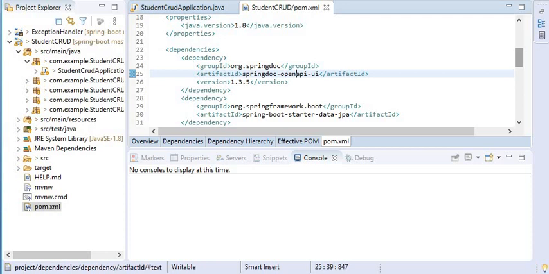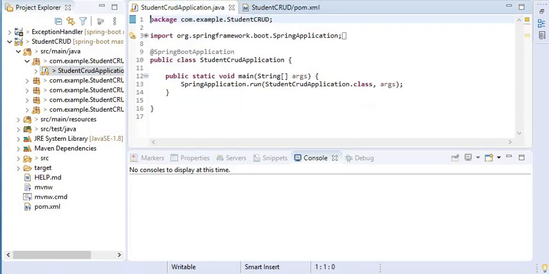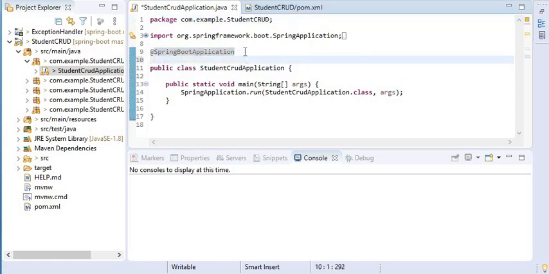After adding this dependency, now I will go to my main class, and here I need to add one annotation, that is @OpenAPIDefinition, and here I will pass the parameter, that is info, and in info I will pass multiple arguments, that is @Info.